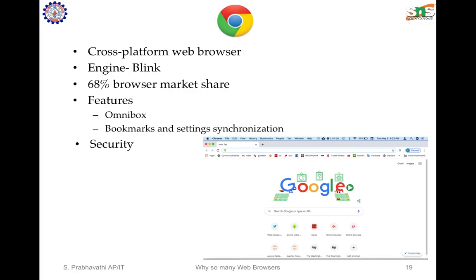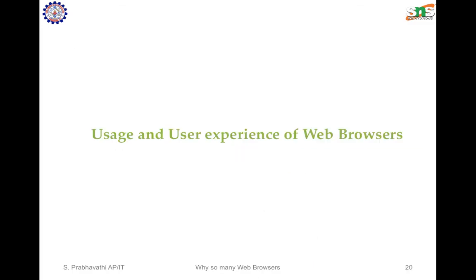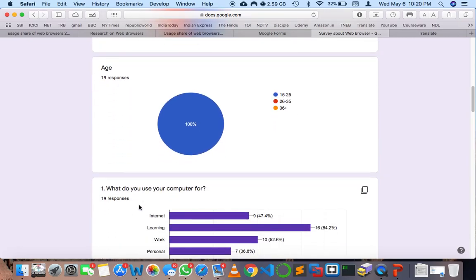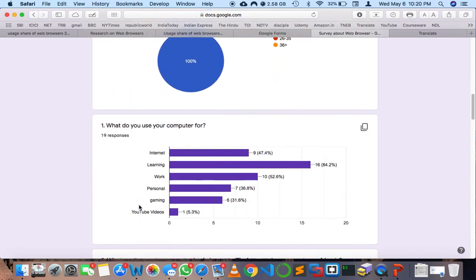Okay, so with these features of all the browsers, let's move on to usage and user experience of web browsers. For this I did a small survey. The survey results show 73% male candidates, in an age group of around 15 to 25.